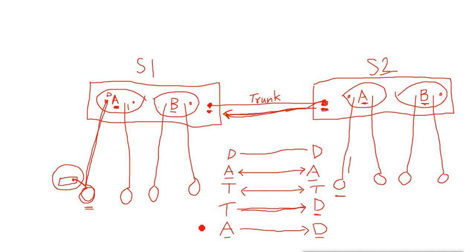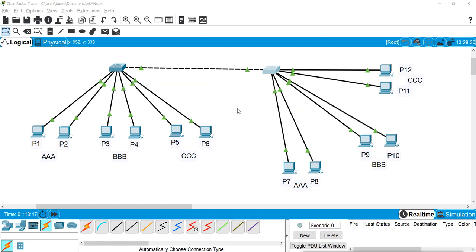So this is what we have options for converting into trunk. But when you do the trunk, manually configure both the ports as trunk, and if you are using the port for a normal machine, manually configure them as access to be secure. So what we did here, we converted these ports on both the switches. From switch 1 I converted this port into trunk, from switch 2 I converted this port into trunk.